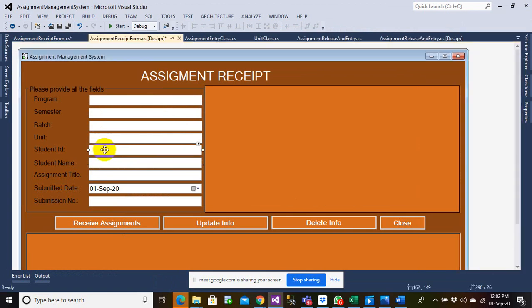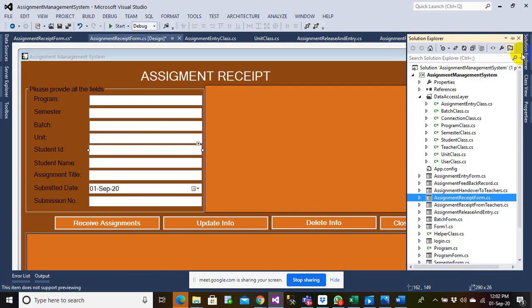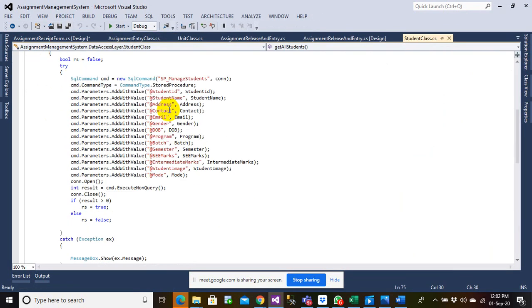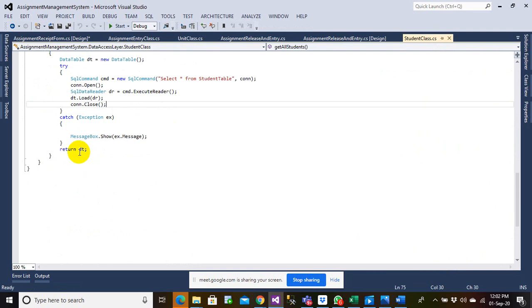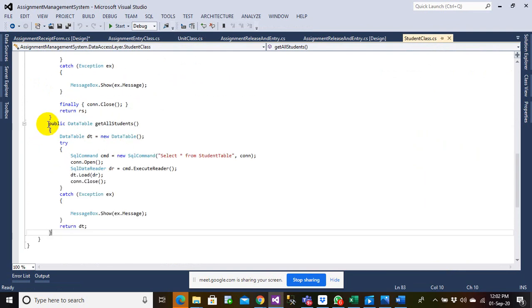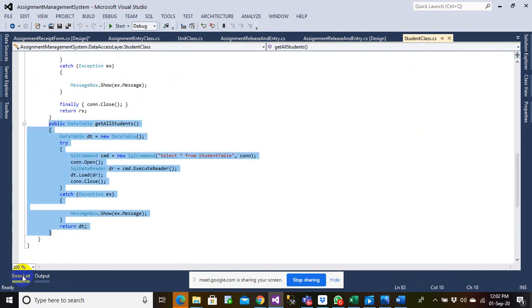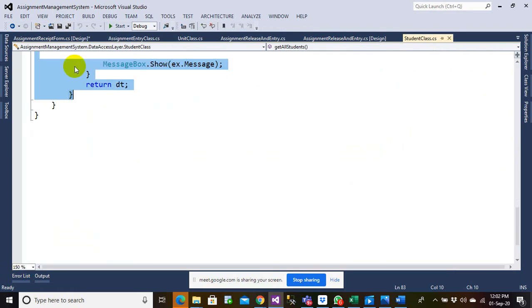And for student ID, I have to write a query to retrieve the student whose ID is given in this text box. So let me go to the student class. Under the student class, I'll be selecting the student with a given ID. Let me copy this code because these are very similar.